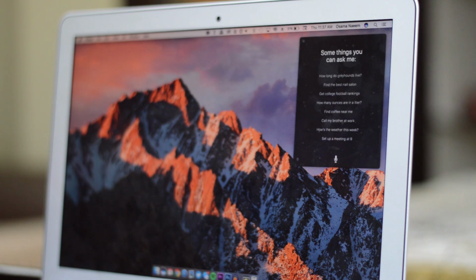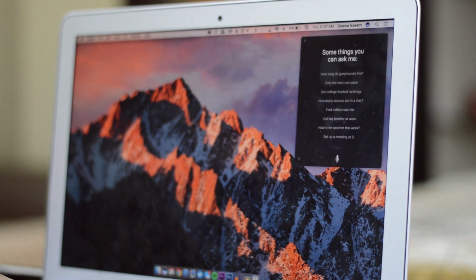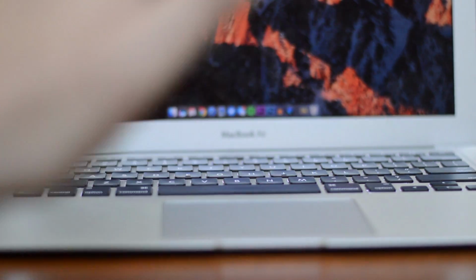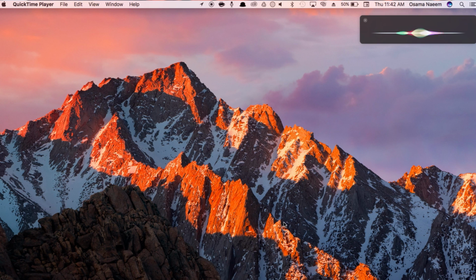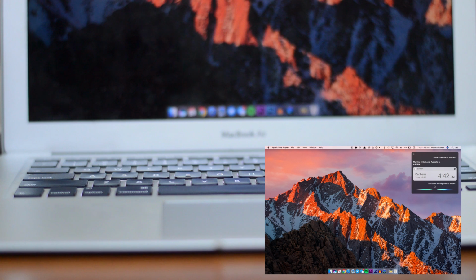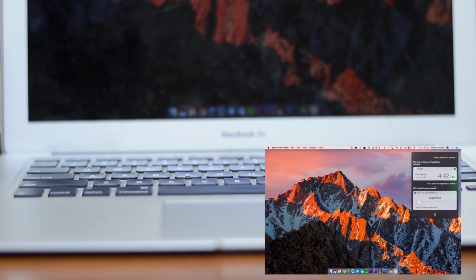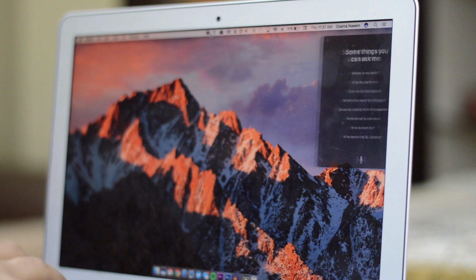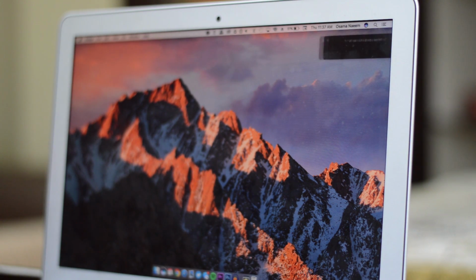Now, first of all, let's talk about Siri. So you can ask Siri a lot of commands, and you can invoke Siri by function and space. So what's the time in Australia? Turn down the brightness a little bit. So as you guys can see, you can ask Siri to do system functions as well, which is actually pretty